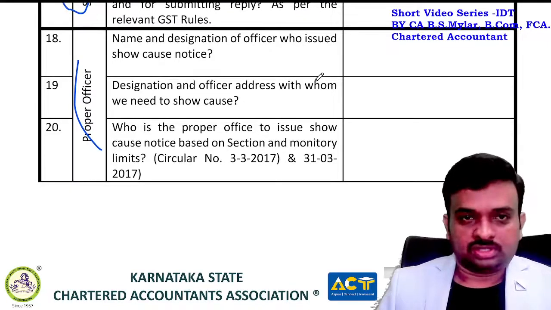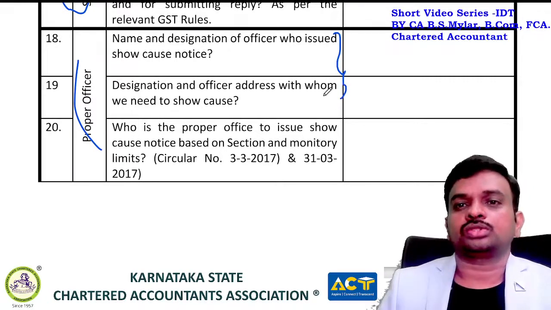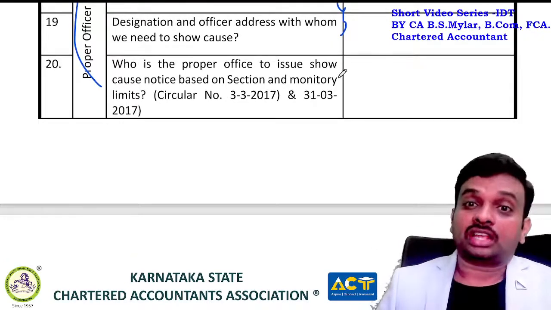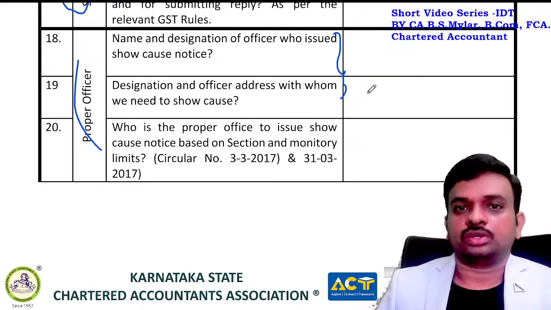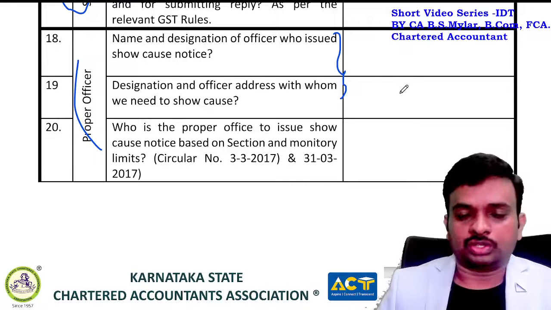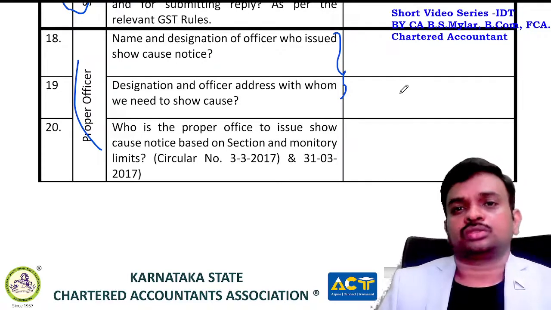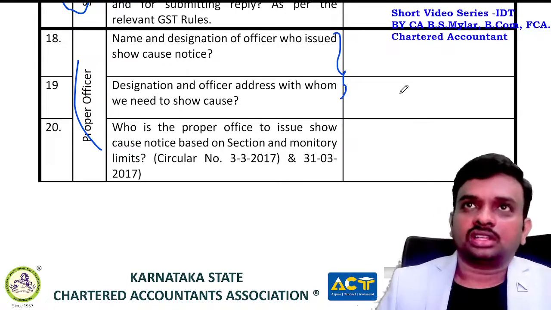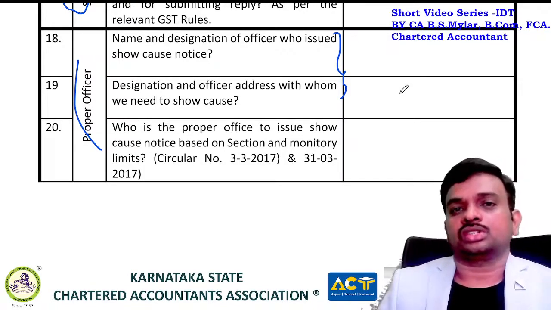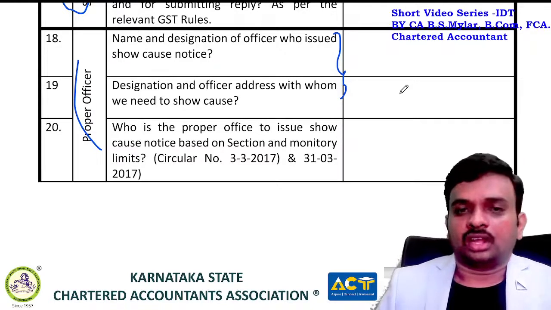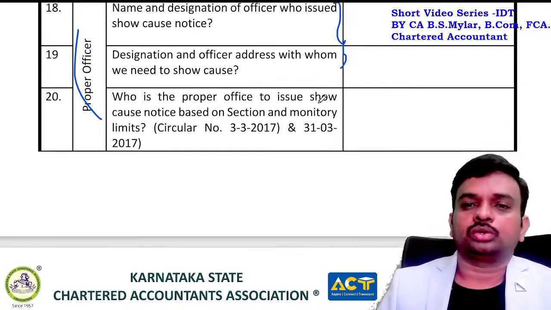Then proper officer. Under this proper officer, I have done two classifications. One, who is the proper officer for issuing the show cause notice, and who is the proper officer for doing adjudication, and who actually did it. So first, the name of the person who issued the show cause notice, and the name of the person who is to adjudicate the show cause notice, because the audit wing and DGGI will only issue a show cause notice. They will not do adjudication, because para 6 of Circular 31/2018 requires audit wing and DGGI only to issue a show cause notice, but actual adjudication will be done by a jurisdictional office. Then you need to mention who issued the show cause notice and who is adjudicating this person's case.